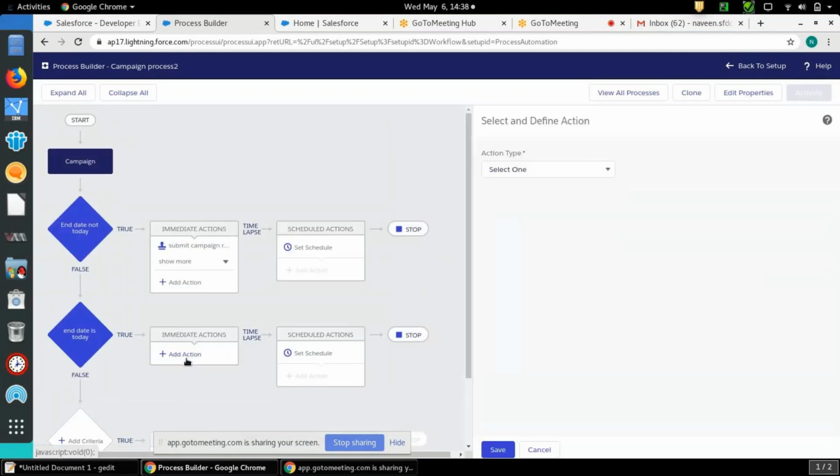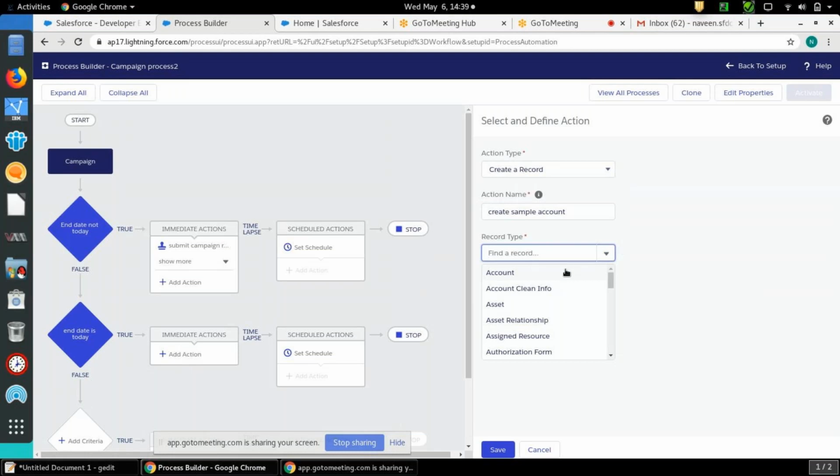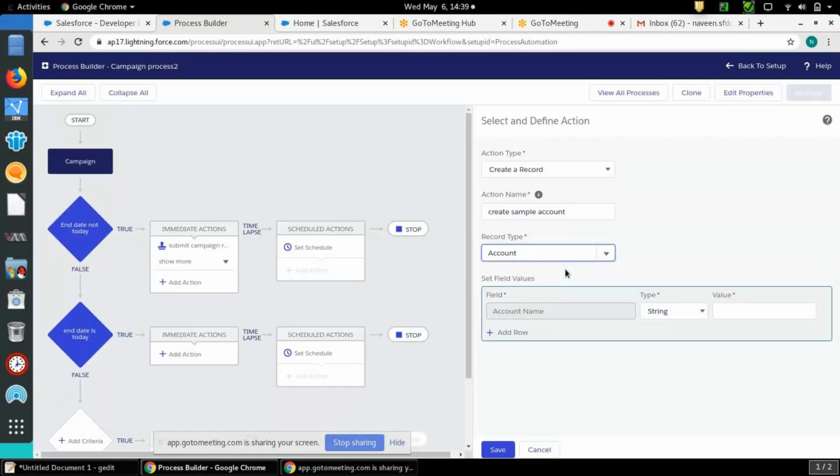I'm adding an action. I want to create a record, create sample account. Just select the object, the account object. It will display field values. This is the mandatory field, account name. That's why it has displayed over here.